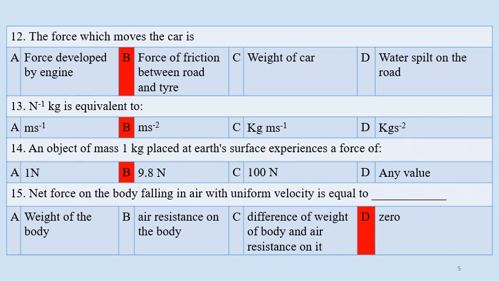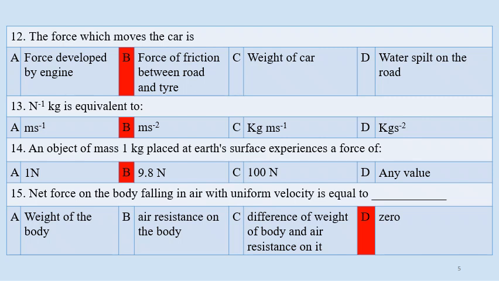Next question is, an object of mass 1 kg is placed on Earth's surface and experiences a force. Which force is it? It is facing the force of acceleration due to gravity, that is 9.8 Newton. Okay, next is